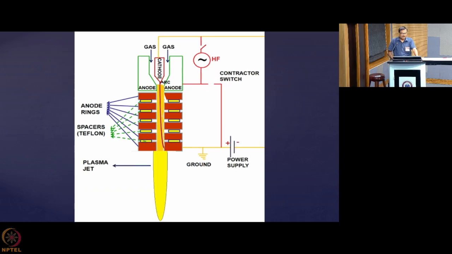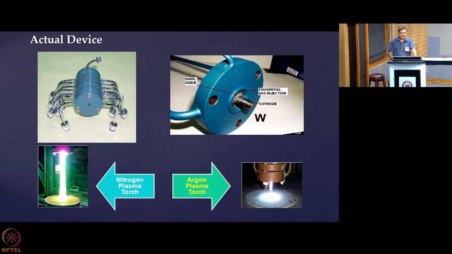So this is the typical configuration, and the cathode, what I was telling you, is a cylindrical cathode with a flat or a conical tip. This is the cathode tip. Here you are using a flat tip, and there is a conical section over here, and this is the cathode, and this is basically made of copper, although it is painted, so you are not able to see that. This is inserted in a copper matrix, and these are cooling tubes which are cooling this copper internally, and that way it is cooling the cathode made of tungsten.